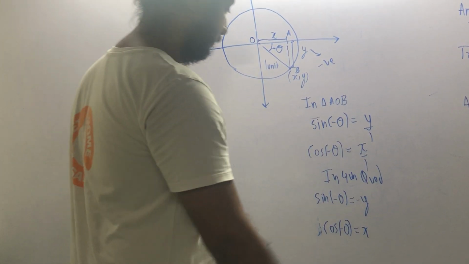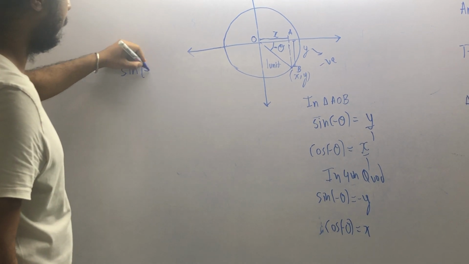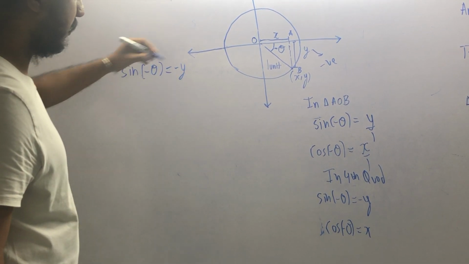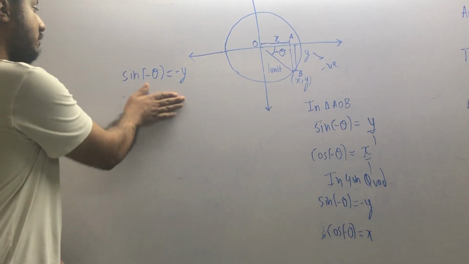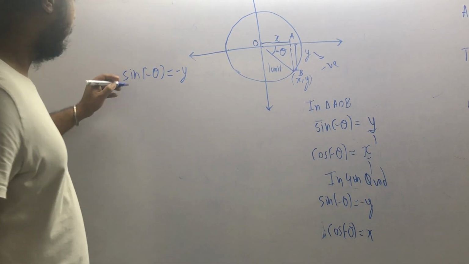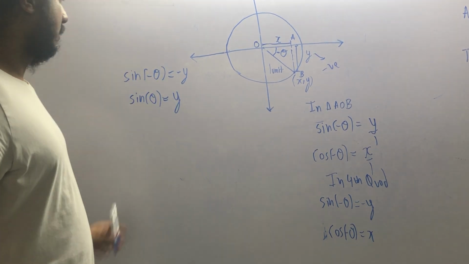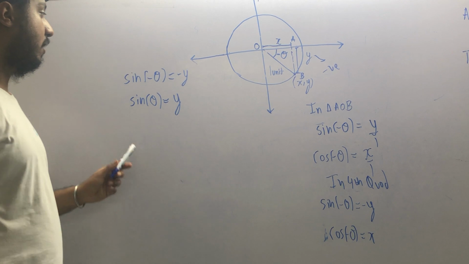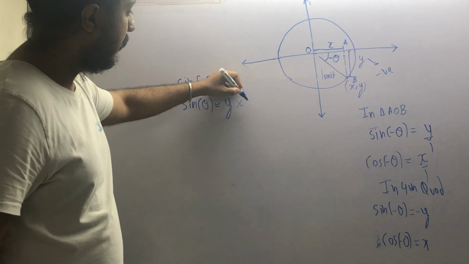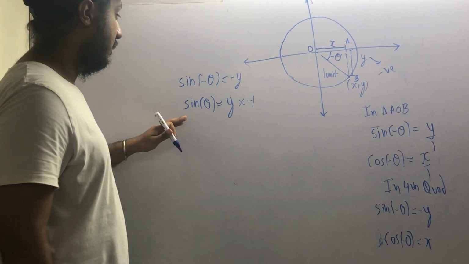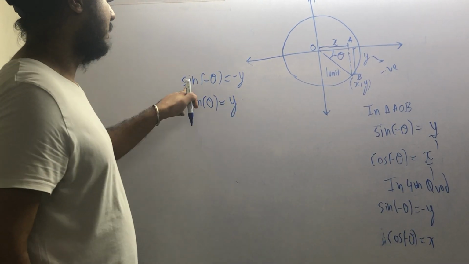Now these are the values that I found out from this derivation that I have done here. Sine of minus theta was minus y and cos of minus theta. First we will write this only. Now I have written this equation here. Now compare this to normal equation. Normal equation is what? This. See, this was the normal value for sine theta. In the beginning of the class I have showed you this. Sine theta is y and sine of minus theta is minus y.